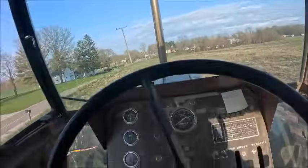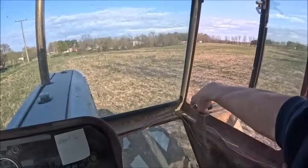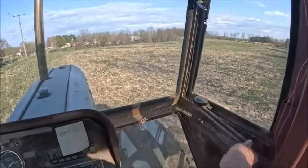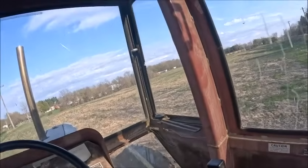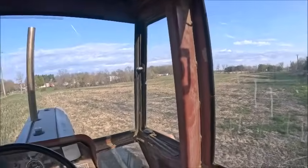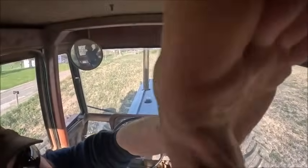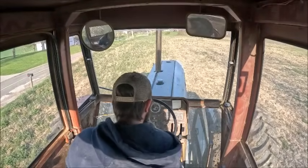So, close this window for a minute. So last time we got done spreading fertilizer, except for the muck. I'll do that with my spreader when it's time. Yesterday,